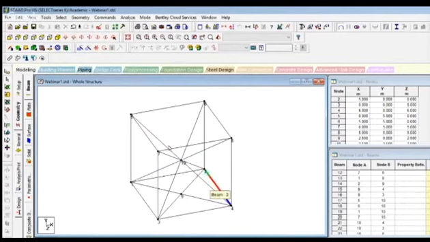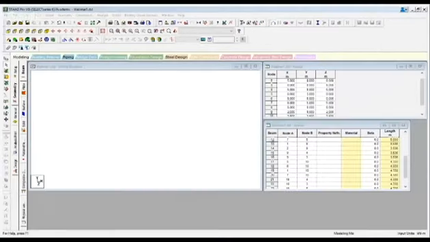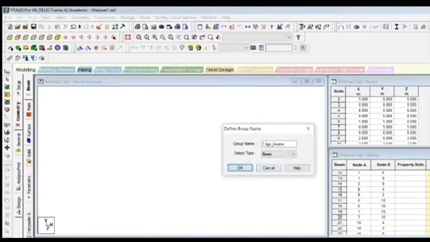Suppose you want to create a group of diagonals and also a group of edge beams. So for that, put a command called control G. Put a command of control G to create a group. Grouping is necessary while assigning the properties and some other analysis factors. So put group name as edge underscore beams. I'm putting underscore because you can't have space in this. So we are creating a group of beams. So select type beam. Click on add, OK.